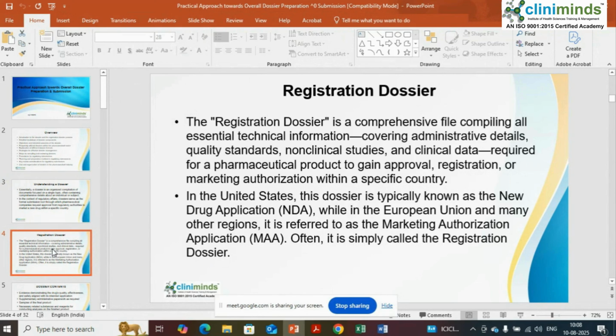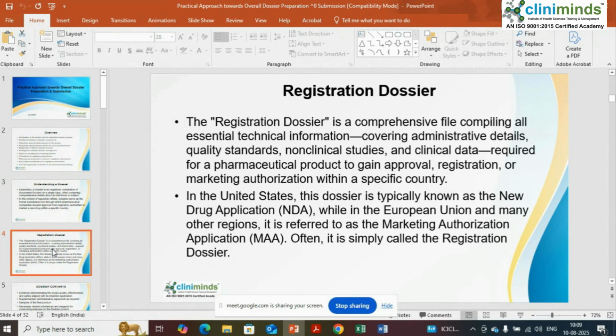In the registration dossier, we need to provide the administrative details, that is Module 1, the quality standards, Module 2 and Module 3 information, and the non-clinical study and clinical data, covering clinical summaries, non-clinical summaries, and data in Module 4 and Module 5. So the whole information we provide for the pharmaceutical product is to gain the approval, registration and marketing authorization